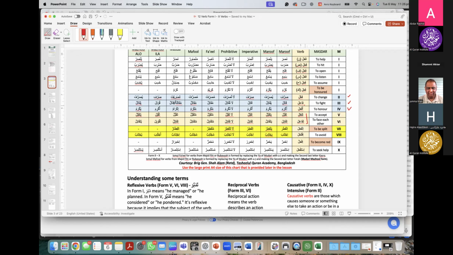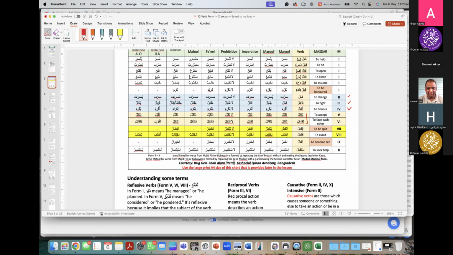And in Form 8, we have a hamza with a kasra, so we call that a hamzatul wasl, right? I think this is an irregular verb which starts with the kasra. Is that the exception here? Okay. So Form 4, we said that a hamza is there in the beginning, correct? Yes. So that is hamzat qata'. Now in Form 7 and 8, the hamza which we see in the beginning with the